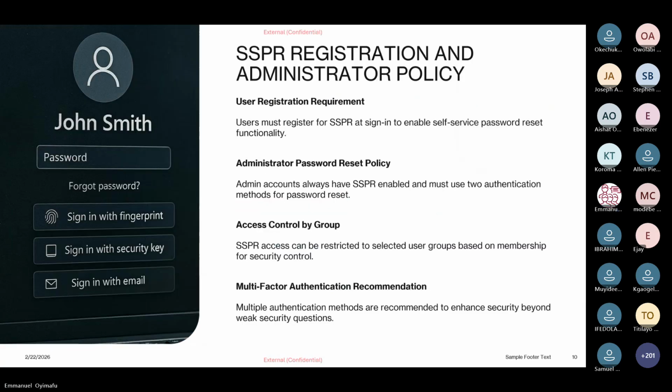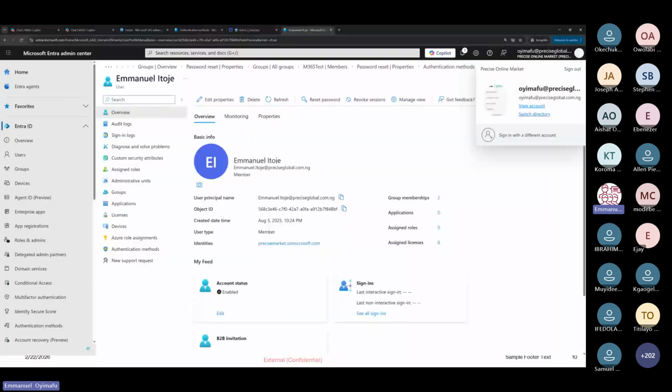Why I had to reset his password is because I need to register his account for SSPR first. So let me try to sign into Itoje's account on a private browser.